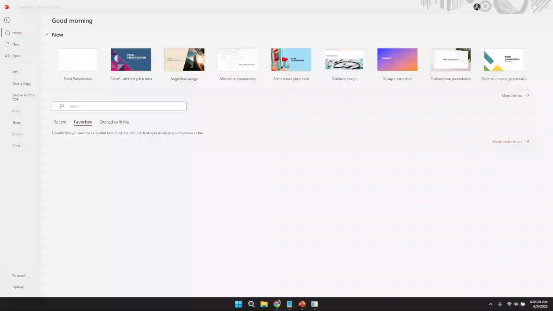Welcome to this tutorial on creating an awesome timeline using PowerPoint. In this walkthrough, you will learn how to build a visually appealing timeline that can be used to illustrate important milestones or historical events. Begin by launching PowerPoint on your computer and opening the presentation where you want your timeline